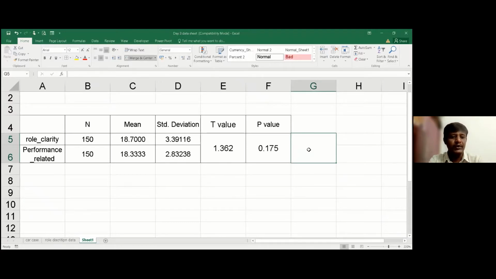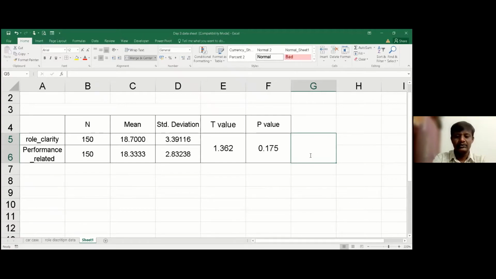The null hypothesis for these variables is: there is no difference in the mean value of role clarity and performance related variables. Alternatively, we can say that there is a difference in the mean value of role clarity and performance related variables.